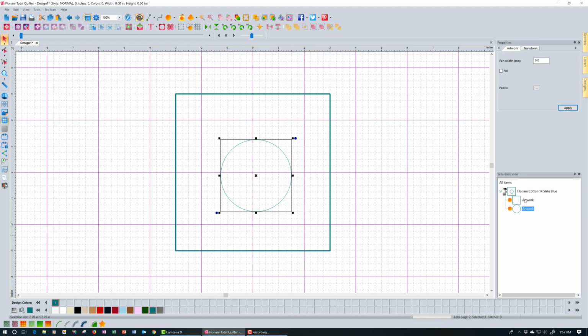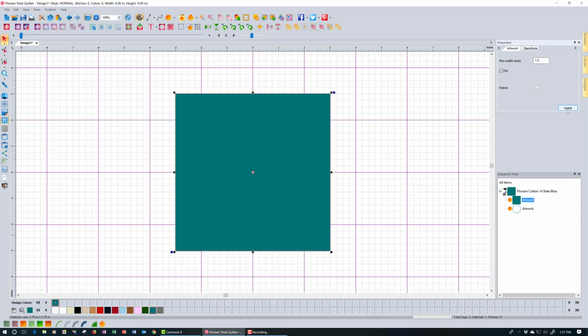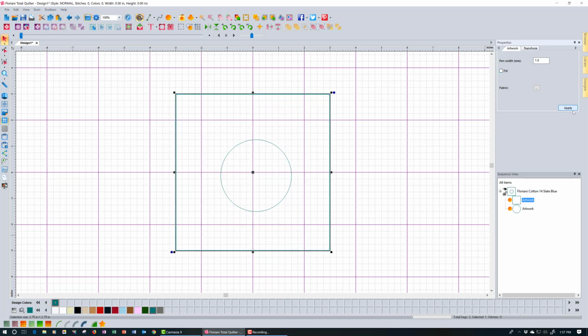And I can tell that because my two pieces of artwork are distinct. To prove that, I'm going to select just the outside rectangle. I'll go ahead and fill it and click apply, and you can see that there's no hole cut in it. So I'm going to unfill it and click apply. Now, the reason I'm showing you this is because this is the super easy way to create an object with a hole in it. If I select both of them, and I can hold down Control right now and select